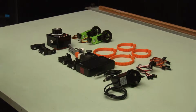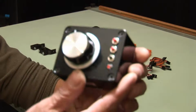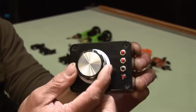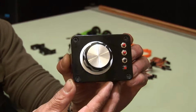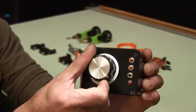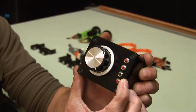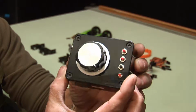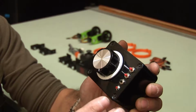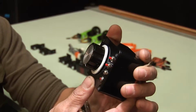Okay, here we are. We're going to start off with this bit here, I think, which is the main control box, which contains the control electronics and the Bluetooth radio system. On the outside we have the main manual focus control knob. We have 3 push buttons down the side here for setting and recalling focus and zoom presets. We've got 2 for focus, 1 for zoom, and a little LED indicator light there which gives various flashes to